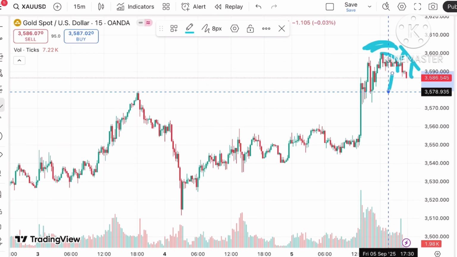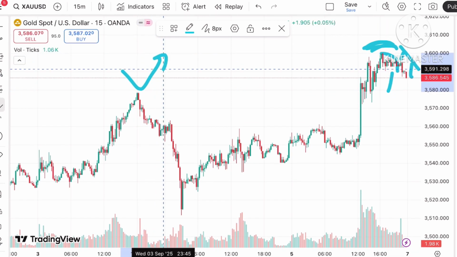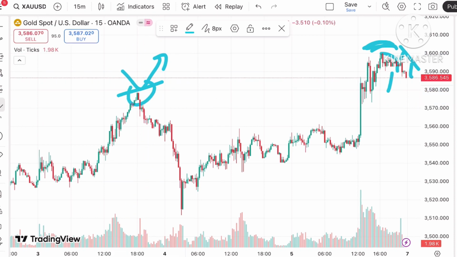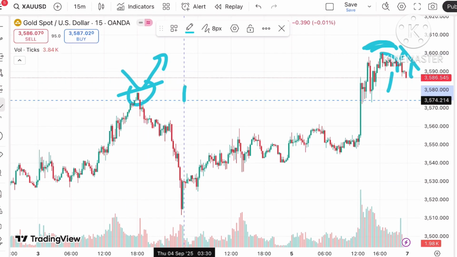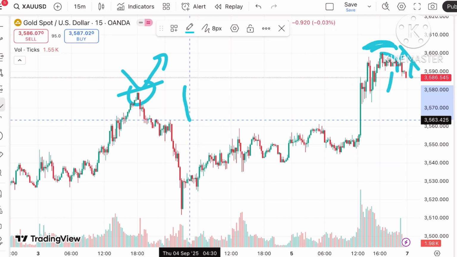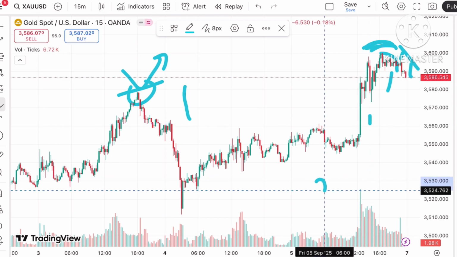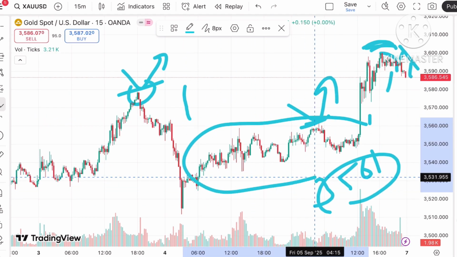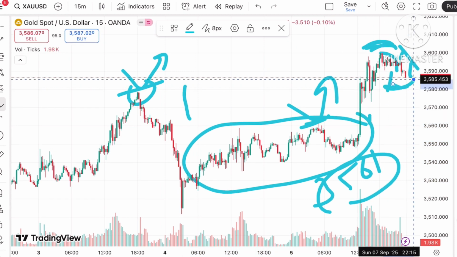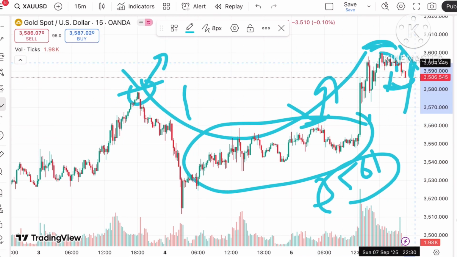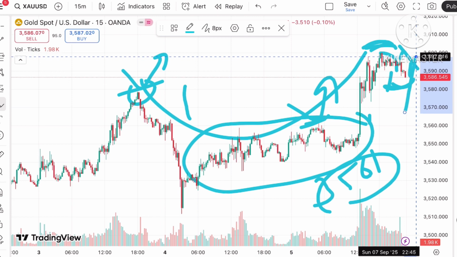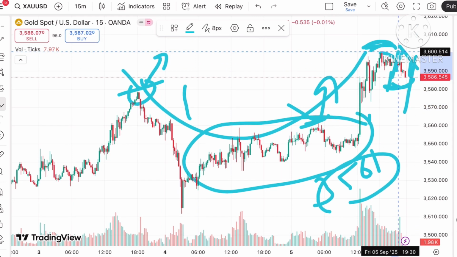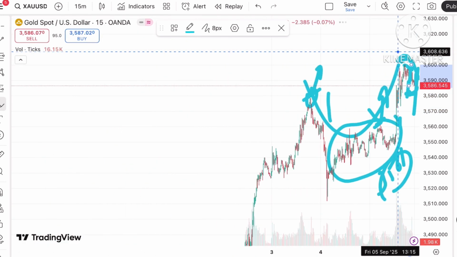Suppose it starts touching 35.78, we can see a bounce back, but if it doesn't bounce back, the next support is at a level of 35.74, and then a probability of going towards $35.63. Then we can see a strong support at 35.61. At these levels we can see a bounce back. This is the zone where the price will move, but if it starts forming a swing, then this particular trend will support an upside. So it can move again towards 35.97, and from there it can touch its all-time high around